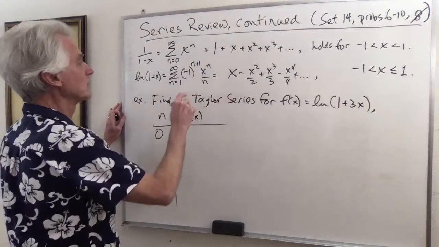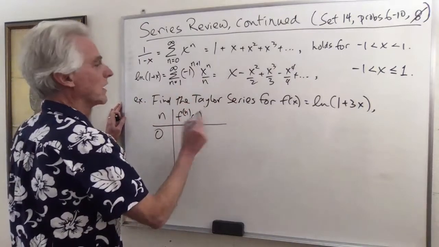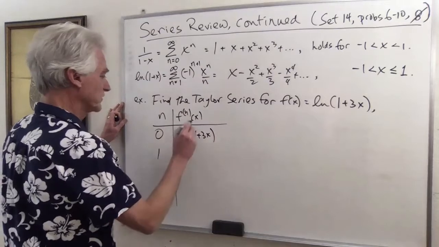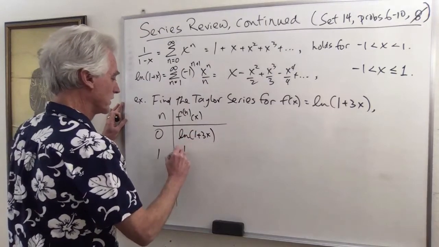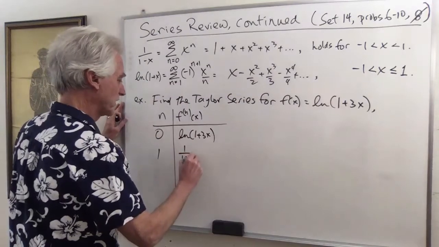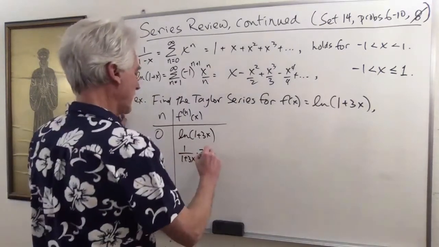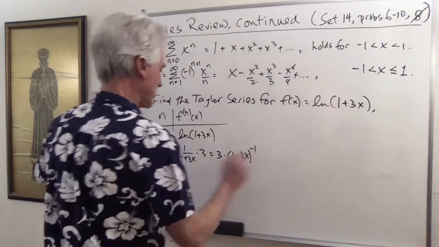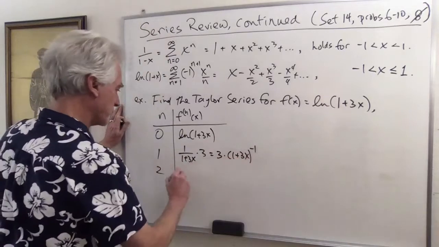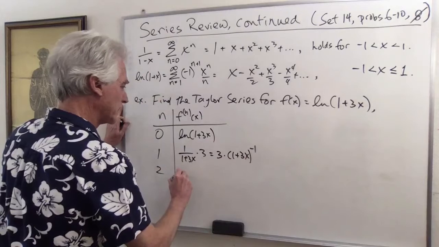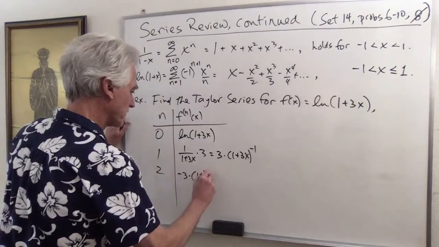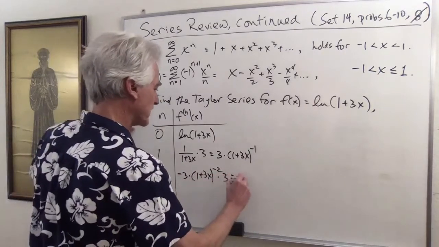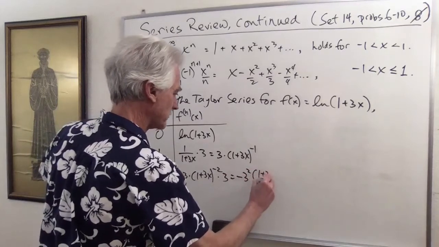All right. So what is the original function? It is natural log of 1 plus 3x. Okay. The first derivative is 1 over 1 plus 3x times 3 from the chain rule. I'm going to write this as 3 times 1 plus 3x to the minus 1. I differentiate that, I get minus 3 times 1 plus 3x to the minus 2, all times 3 from the chain rule, that's going to be minus 3 squared times 1 plus 3x to the